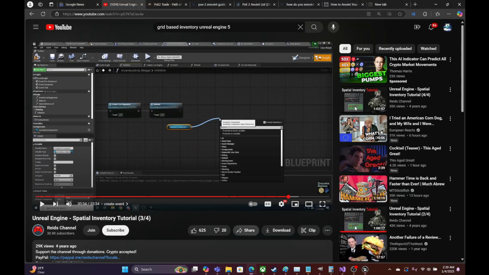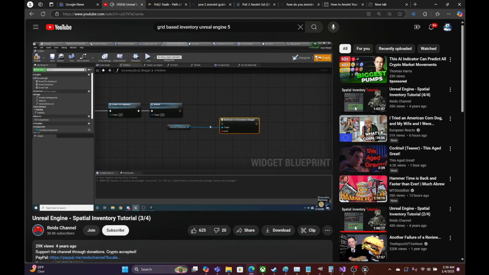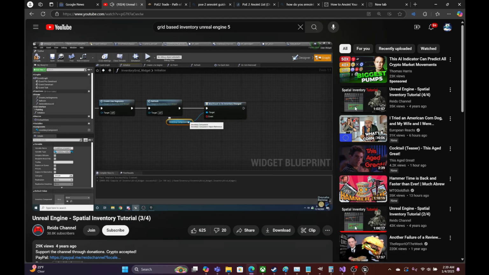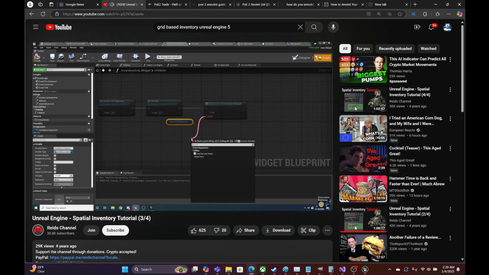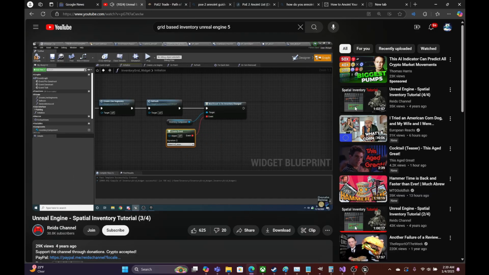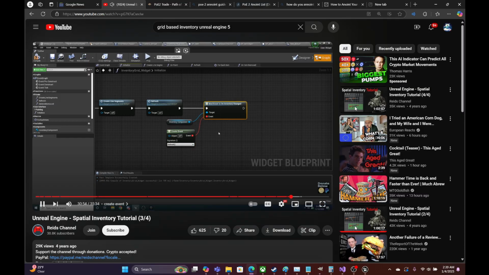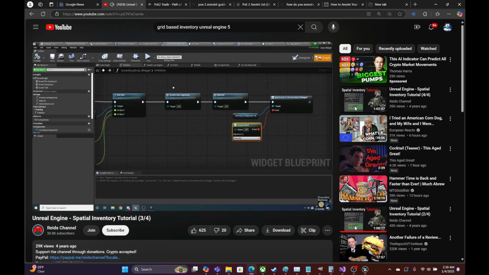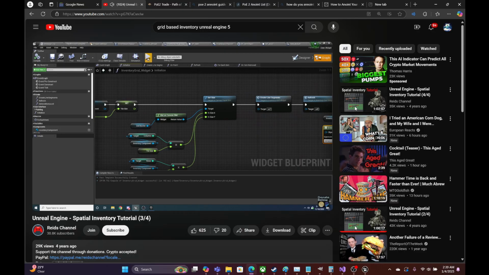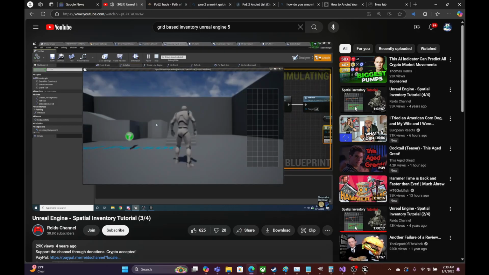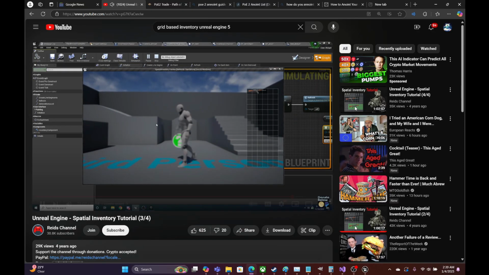Nope, nothing yet. Bind to on inventory changed. And then like we did before, we're just going to drag off this guy and we are going to say create event. And then we can actually just select the refresh function from this dropdown. So we're basically saying whenever this gets called, call refresh. So now if we run this, let's see if this works. Hopefully it will. So open the inventory, pick up a gun, and there you go. It shows our